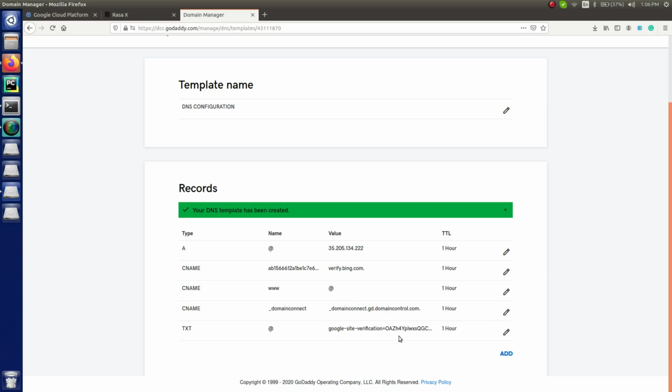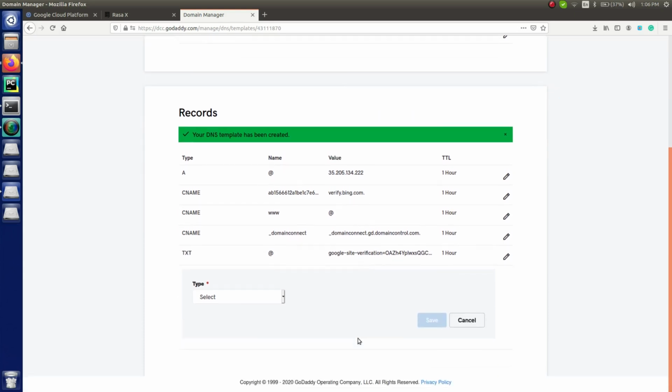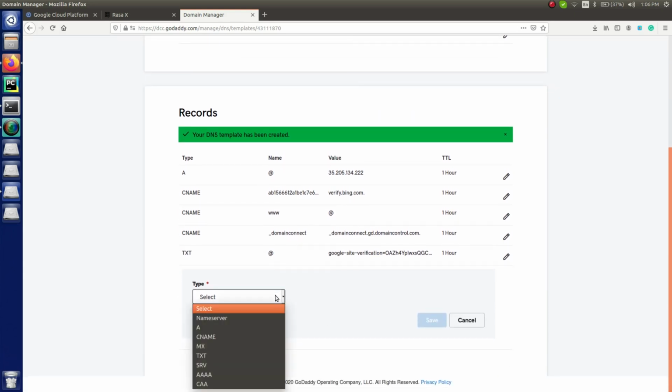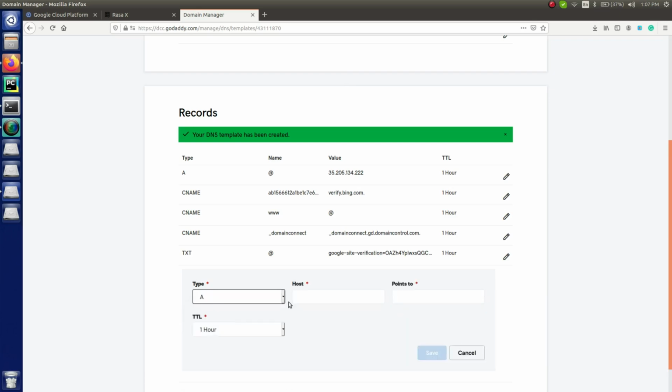And after that, what exactly you have to do is you have to create, or let's say you have to add a new record for it, right? So for adding a new record, what you have to do, you just have to click on this select, go to this type A, just click on A, and in here in the place of host just type @, right?